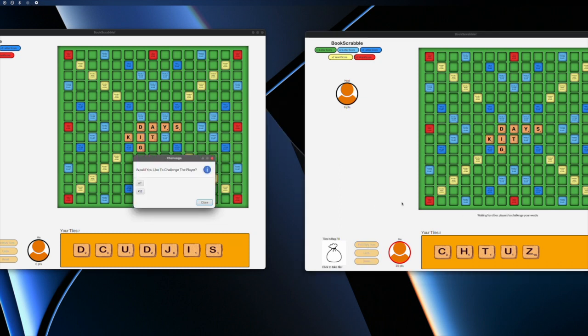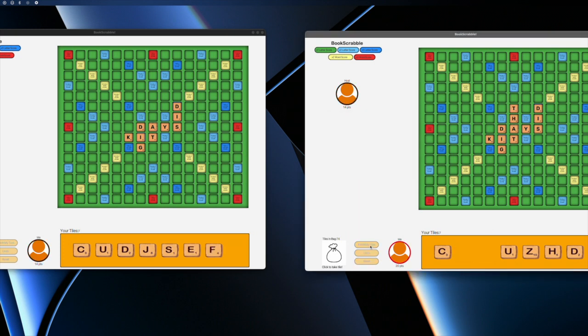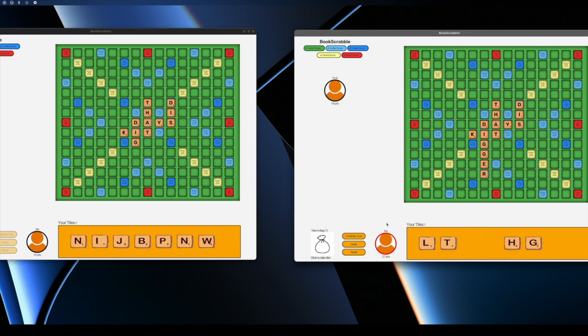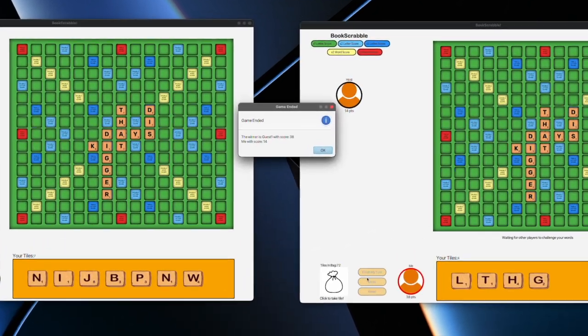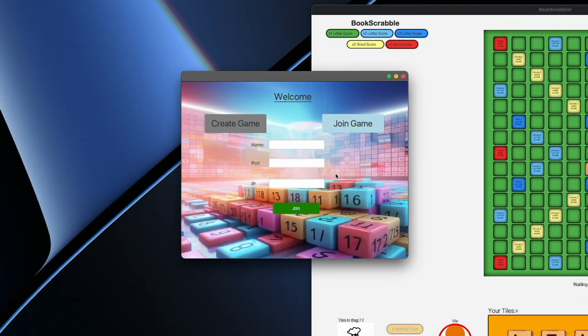Throughout the game, players can view updates on their scores, the current board state, the number of tiles remaining, and the active player. As the game progresses, one player eventually reaches a score of 35 points or more, triggering the game's end. All players receive a pop-up displaying the winner's name and score, with other players' scores listed in descending